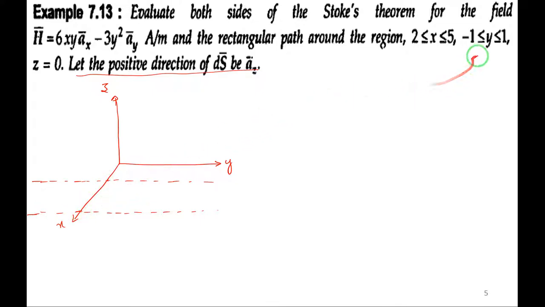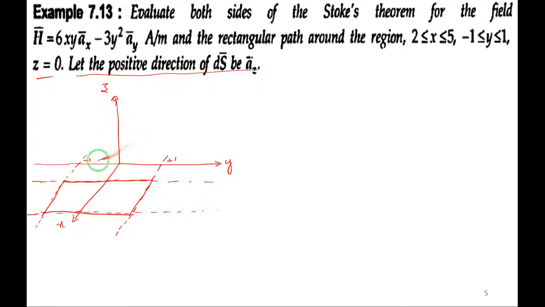Next, y equal to minus 1 and plus 1. So extend the negative y axis. Y equal to minus 1, let me take it here, and y equal to plus 1, let me take it here. Is it fine? So y equal to minus 1 is here and y equal to plus 1 is here. Let me draw the dotted lines parallel to the x-axis. Then z is 0, which means it is in the xy plane, right? So this is the closed path we got, the closed path lying in the xy plane. I hope you got it.